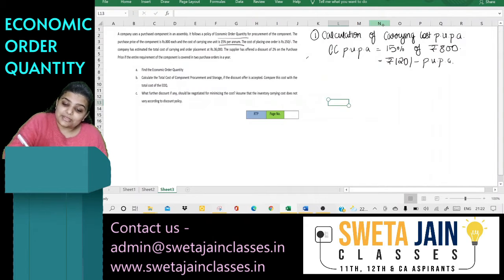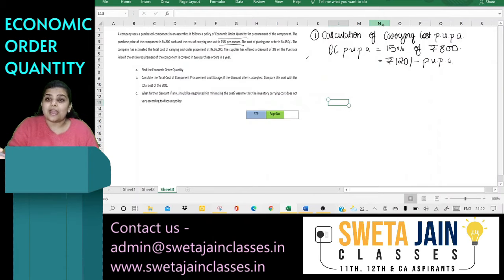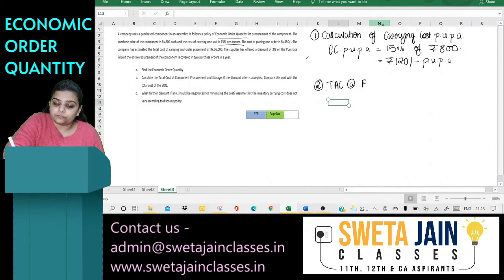Next, the cost of placing an order is rupees 150. So ordering cost is given to us straight away. The company has estimated the total cost of carrying an order placement as 36,000. So the total associated cost given to you is rupees 36,000, and you very well know this that we are following EOQ. So what they have given you is total associated cost at EOQ, which is given to us as